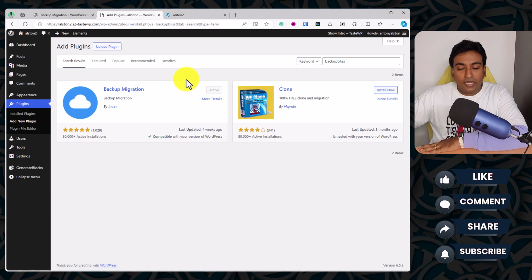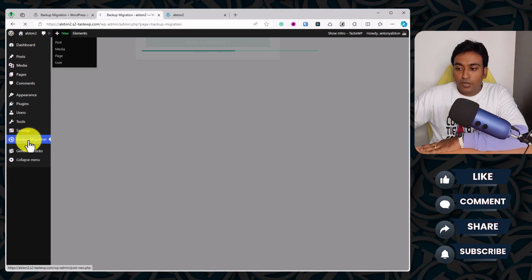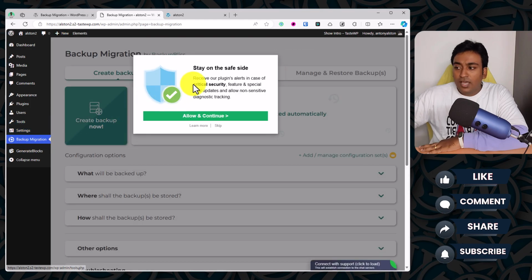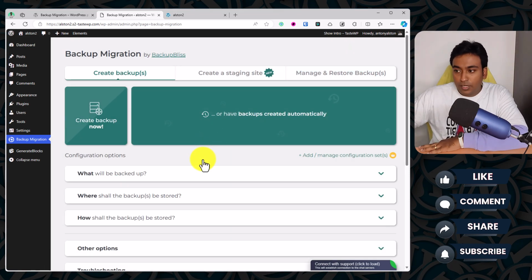Now you have activated it and are ready to go. I have gone into the dashboard and clicked on backup migration. This will ask whether you want to send daily updates and non-sensitive data. This is up to you, but I don't like it, so I'm going to click on skip. This is the interface of this plugin.